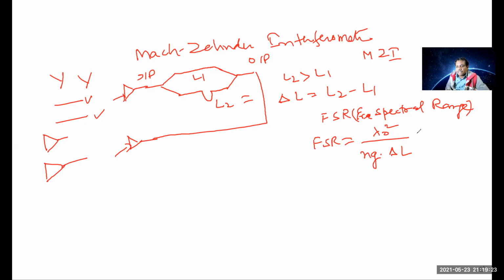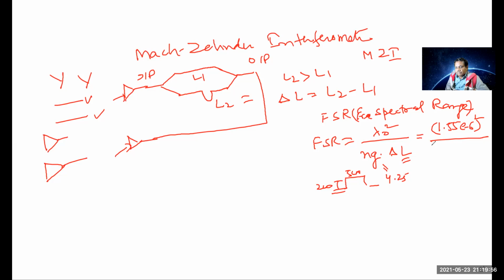For the operating wavelength, most of the time we use 1550 nanometer or 1.55 micrometer, and a waveguide having width 500 nanometer and 220 nanometer height has a group index of about 4.25. In this case we will see what shall be the change in waveguide arm.